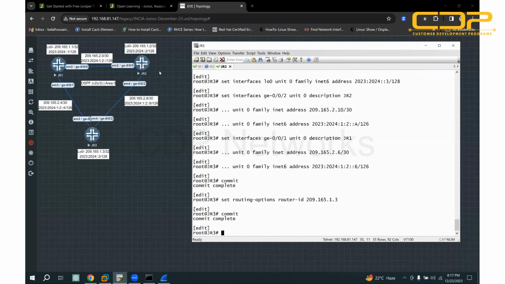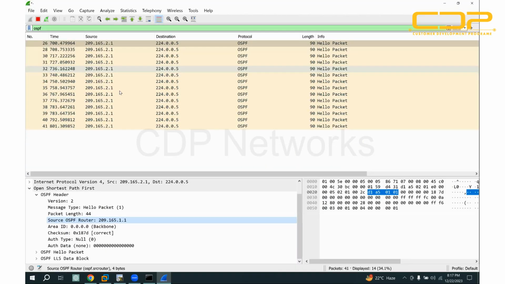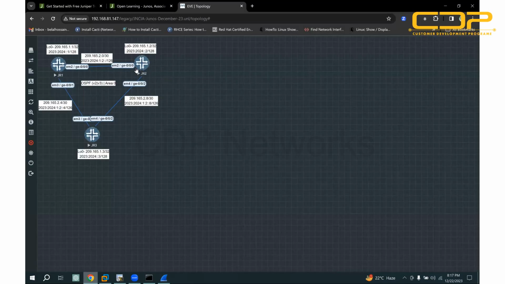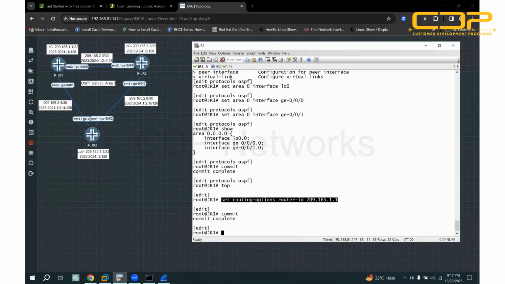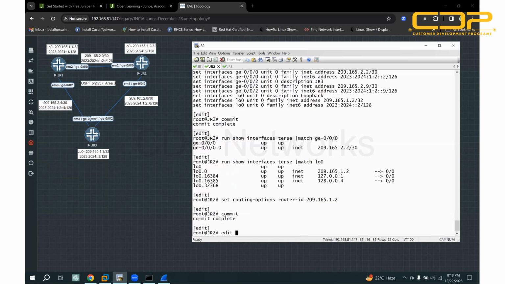So only the hello packet is communicating. Only 2.1 is sending the multicast packet, but there is no receiver here, because in the neighboring router I have not yet configured the OSPF routing protocol. So only hello attempts are happening. So go to Juniper router 2, then configure, edit, protocol, OSPF, then set area 0, interface is lo0,